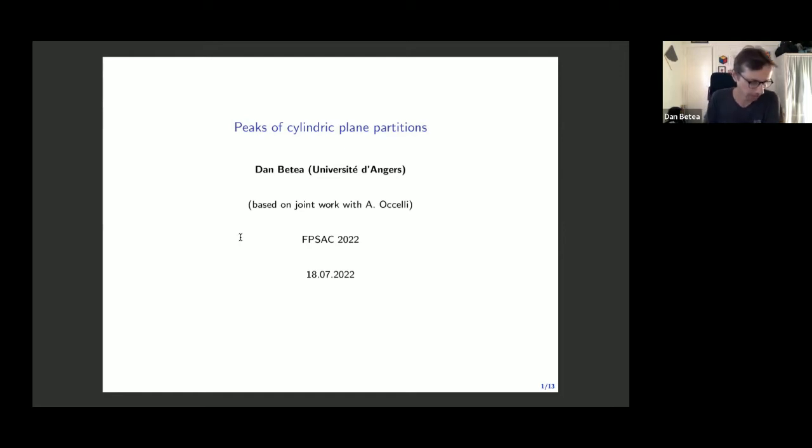Today, I will talk to you about a simple model of plane partitions, and more precisely of cylindric plane partitions. And actually, the goal of this talk today, I hope everybody can hear me, by the way. If not, please raise your hand in the chat if there are issues. The goal of today's talk is to tell you, or to try to convince you, that